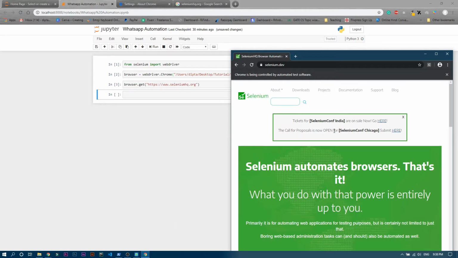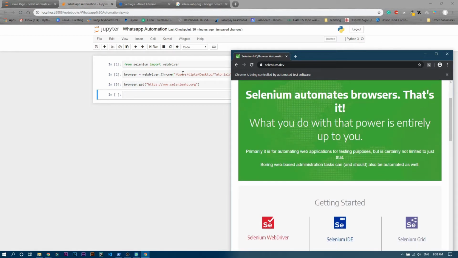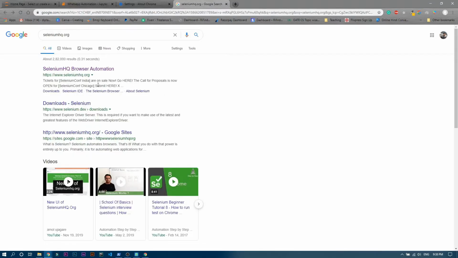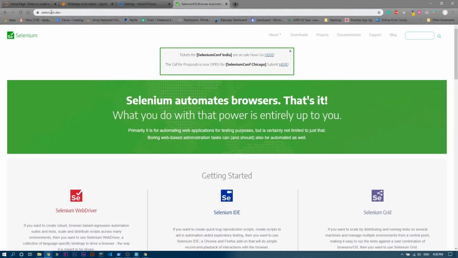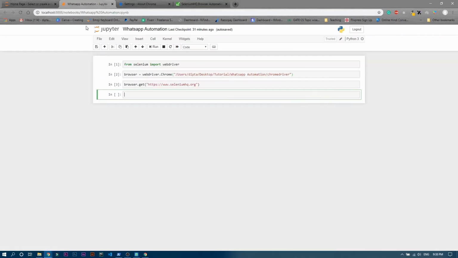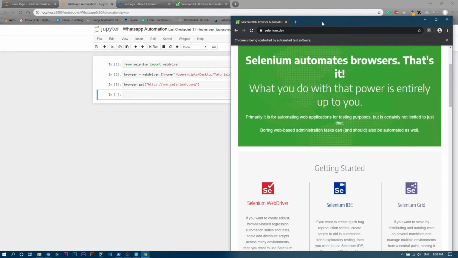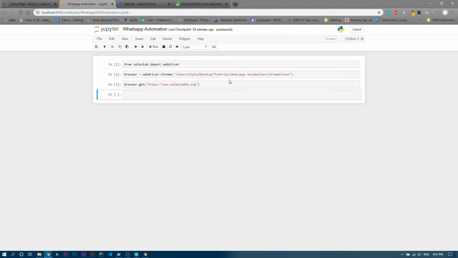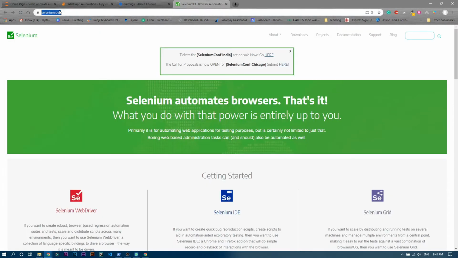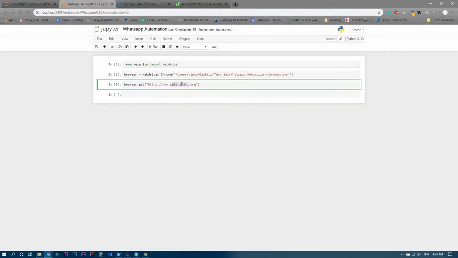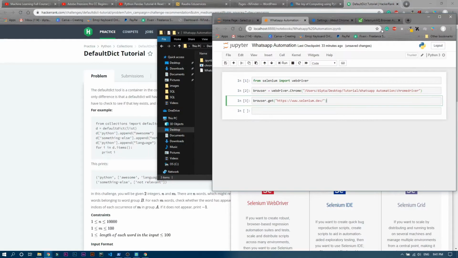Now you can see that the browser opened by this Python file is loaded with selenium.dev, or you can say seleniumhq.org, because both are the same. You can see over here it is seleniumhq.org, but when it opens, it changes to selenium.dev. Both are the same, that's not a big deal. It is now opened in our automated browser. Let me change seleniumhq.org to the new name, selenium.dev, and paste it over here. Great. Now let me minimize this a little bit.